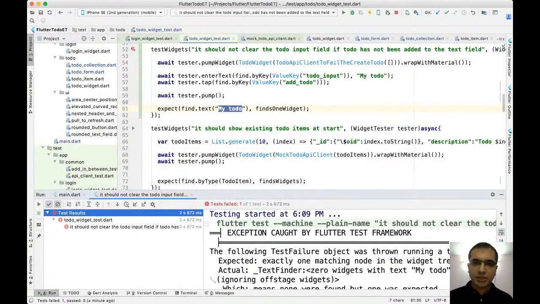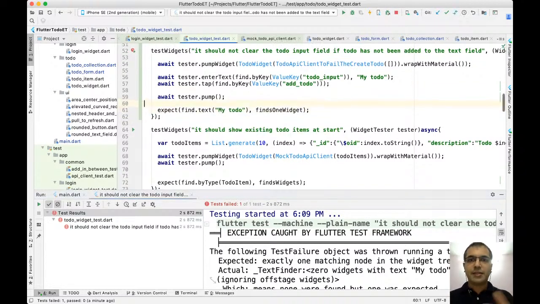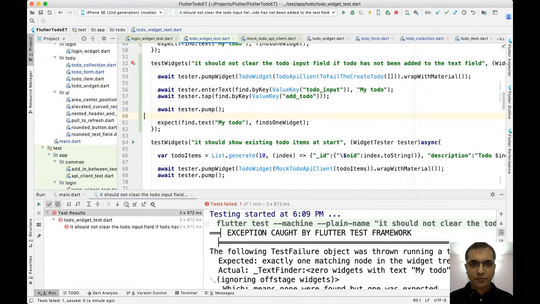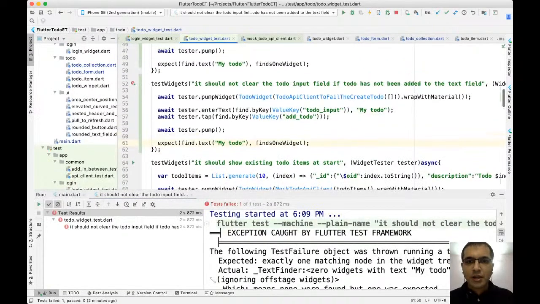We should not do this as a procedure. TDD should not be used as a procedure where, as long as it is failing, I'm just going to go and write the code. I have to make sure that my test is absolutely failing for the right reason. Well, in this case, the to-do didn't get added. That is fine, but I could just go and also try and fix this and remove this widget over there, but this doesn't feel right at this moment. What if it is still getting added to the list?